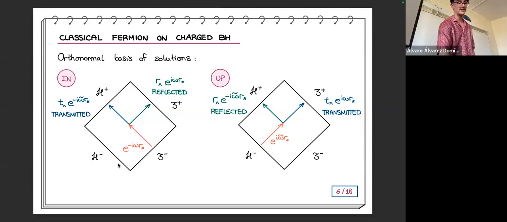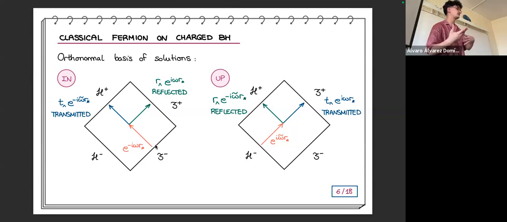So if we impose the initial behavior of the radial functions here, the in modes are basically those that behave as unit flux entering from asymptotically far away from the horizon, and these modes enter, and what happens is that they become partly reflected because of the scattering process. It becomes partly reflected again to scri plus, but partly transmitted into the horizon. Okay, so these are the in modes.